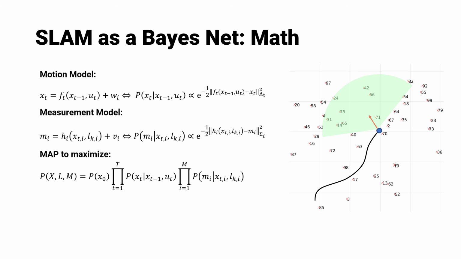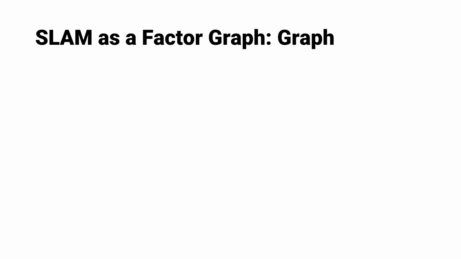All the Bayesian networks are great and can be modeled using something like a Kalman filter. This can be basically linearized to an extended Kalman filter and can be utilized to run this real time. They're often not that accurate because the real world is not Gaussian in nature. So instead, what we can do is we can model this entire SLAM framework as what is known as a